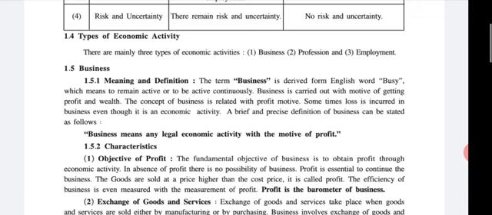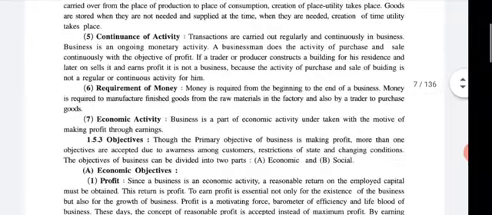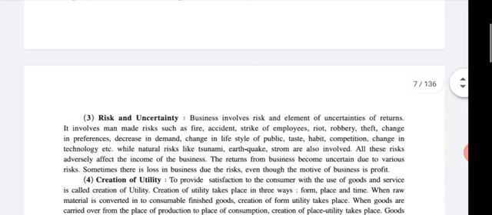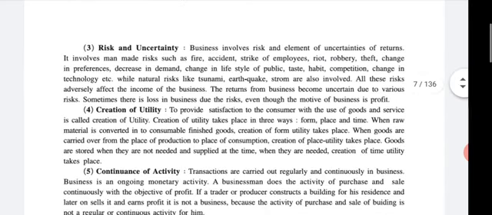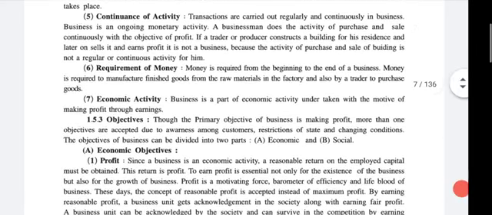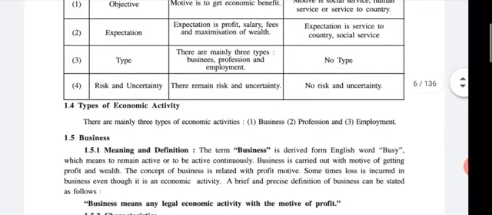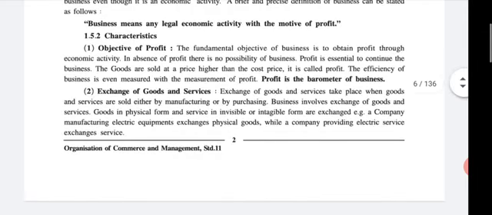Then characteristics of business. Here a total of 7 characteristics are given. First is objective of profit. Second, exchange of goods and service. Third, risk and uncertainty. Fourth, creation of utility. Fifth, continuance of activity. Sixth, requirement of money. And the seventh is economic activity. So these 3 to 4 topics we covered in lecture number 1, and in lecture number 2 we discussed